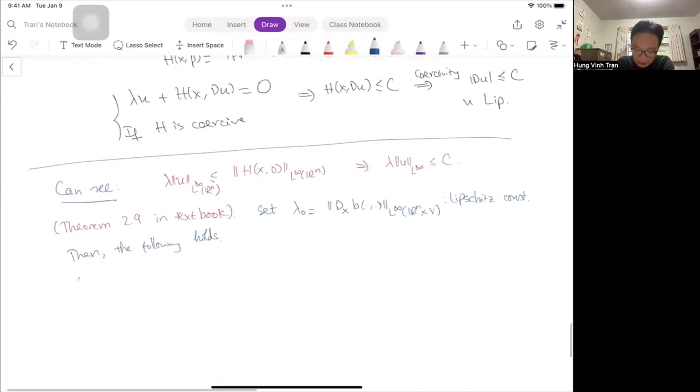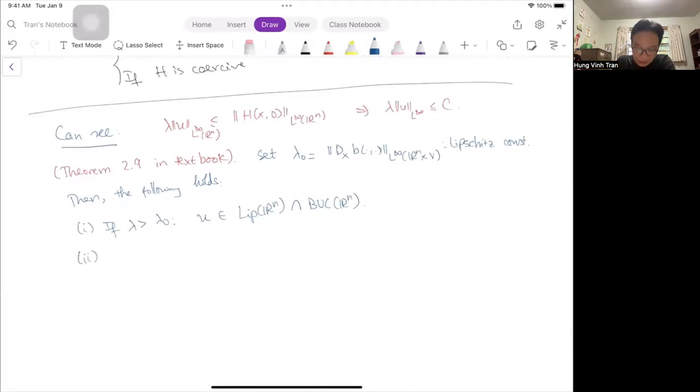The first thing is that if lambda is greater than lambda 0, meaning lambda is large enough, greater than this constant, then you would have u in Lipschitz of Rn. So it's Lipschitz, and as we already showed, it's bounded, so it's bounded and uniformly continuous in Rn. This is the first scenario. It's Lipschitz, but we need to require lambda to be large. Recall that this shares the same philosophy as the first existence theorem for elliptic equations, where we often need to require lambda large to apply the Lax-Milgram theorem. It's not exactly the same, but